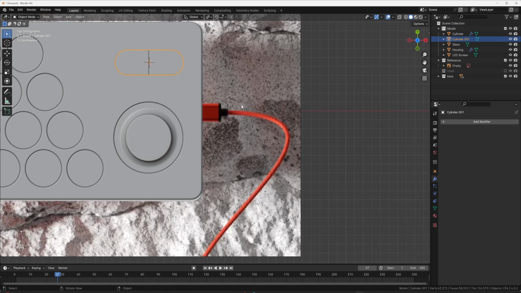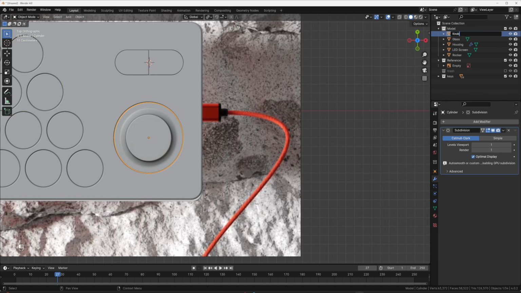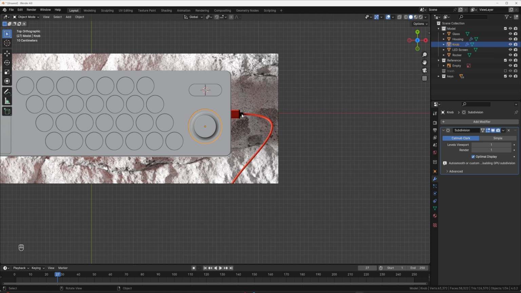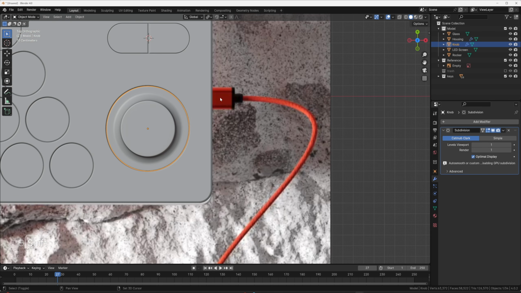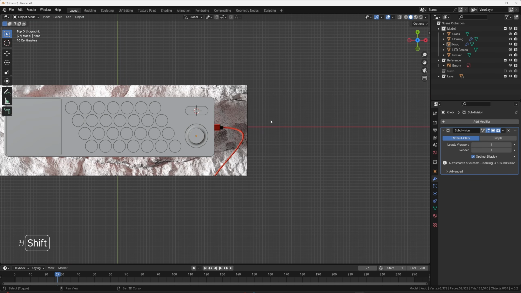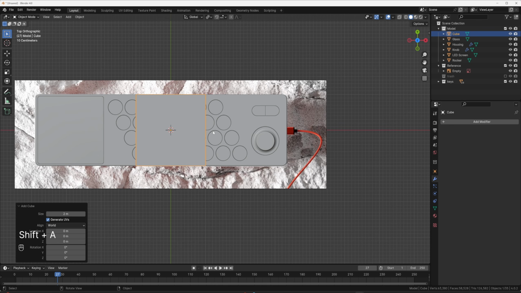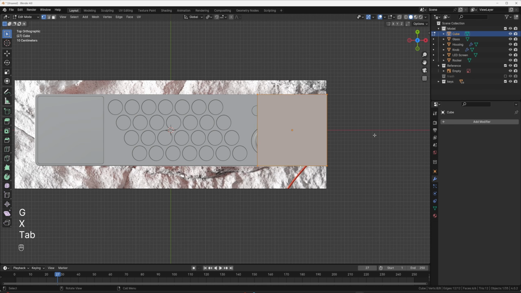The last thing that we want to do is just kind of make this little cord. So in this, also I need to rename these. This right here is, we'll just call this the rocker. And then this right here is our knob. Last piece is to make this cord. We're going to use just a curve for this for now, but I'm just going to right click. Actually, we're going to use just Shift C, put our cursor back here. Shift A, add in a cube, GX, bring it over for the plug.